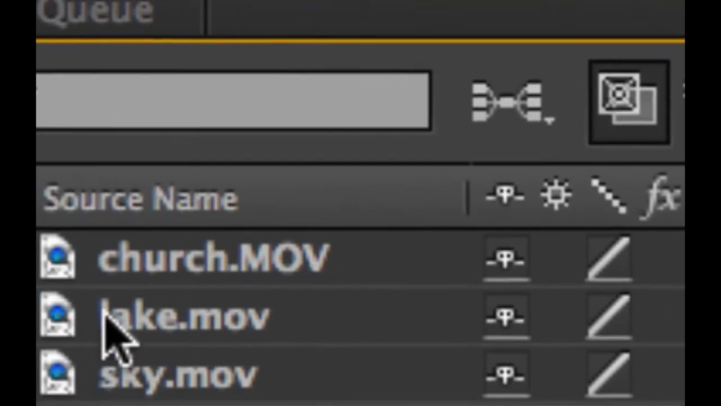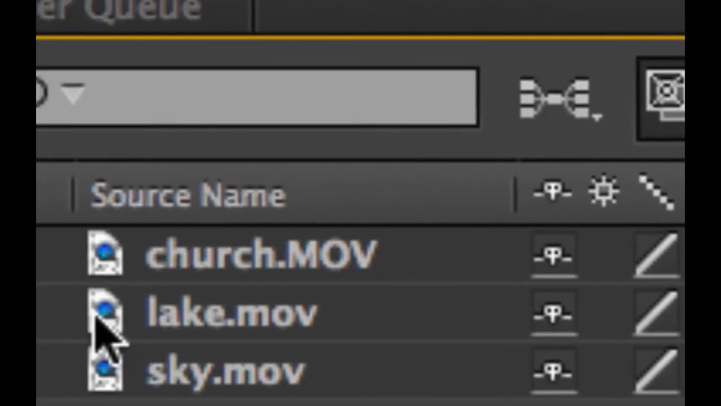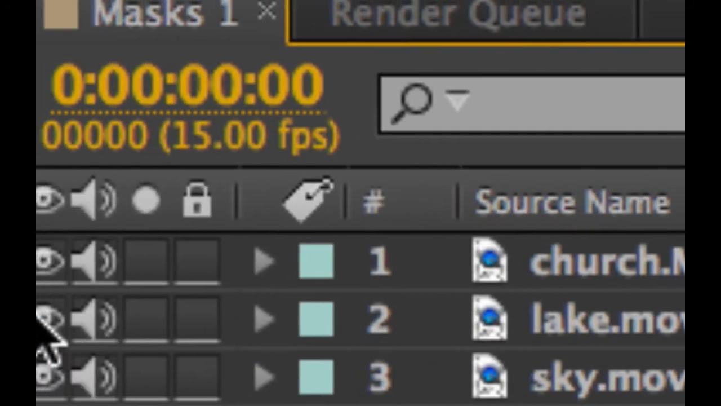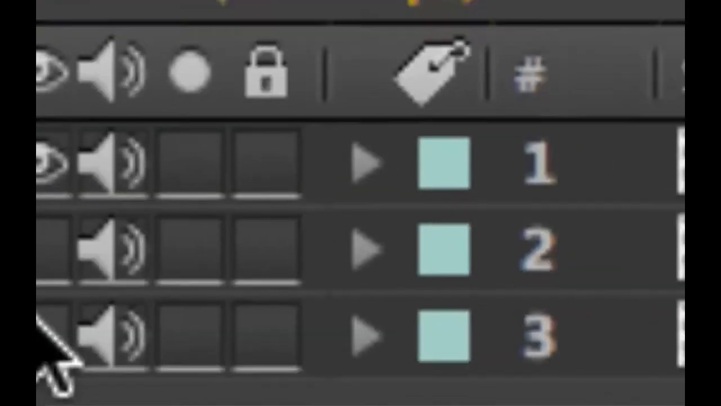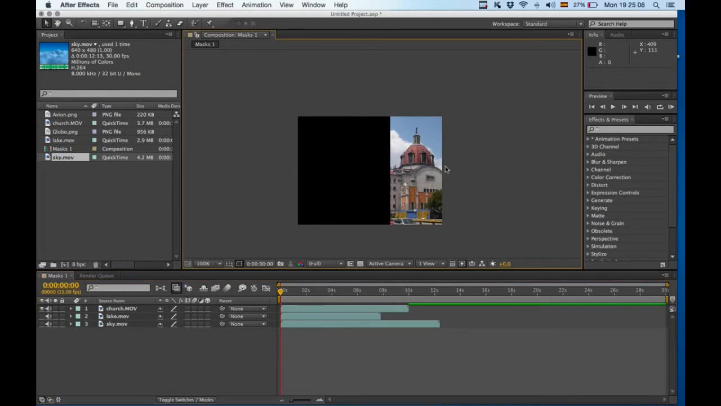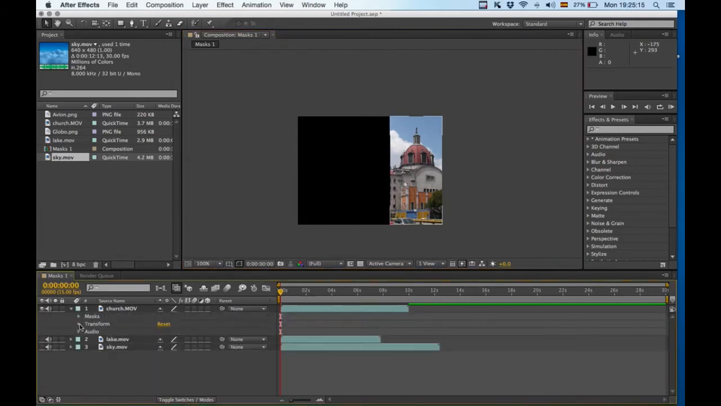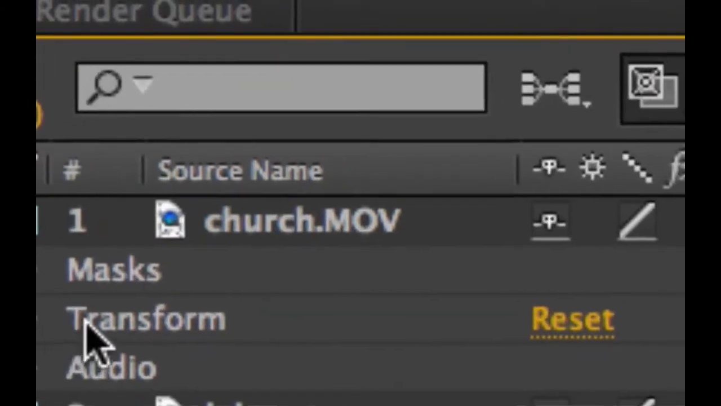So I'm going to go into the timeline, and next to the name, at the left side, there is an eye. Okay, so we're going to click it to hide the other two layers. Now I'm going to have only the church layer. Now I'm going to maximize the information from church, but I'm not going to go into the transform option,